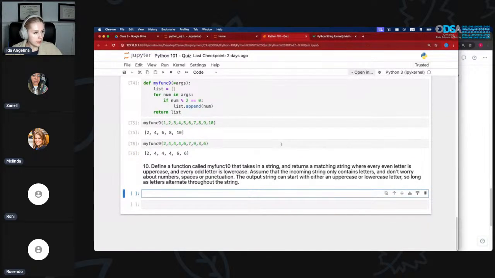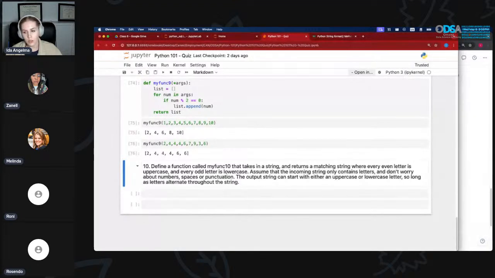Define a function called myfunc10 that takes in a string and returns a matching string where every even letter is uppercase and every odd letter is lowercase. Assume that the incoming string only contains letters, and don't worry about numbers, spaces, or punctuation. The output string can start with either an uppercase or lowercase letter so long as the letters alternate throughout the string. So an example of this is: